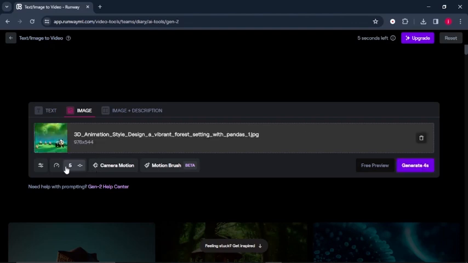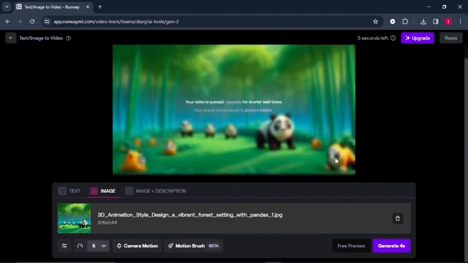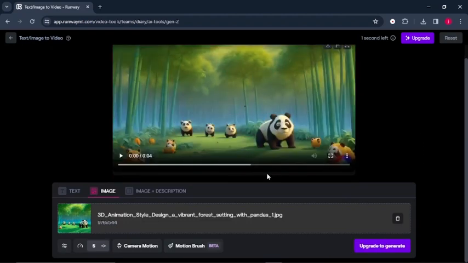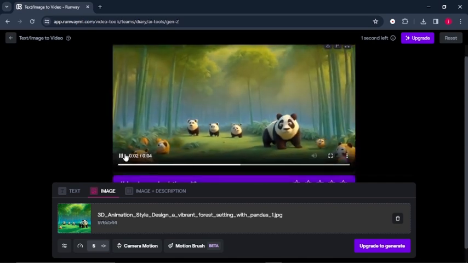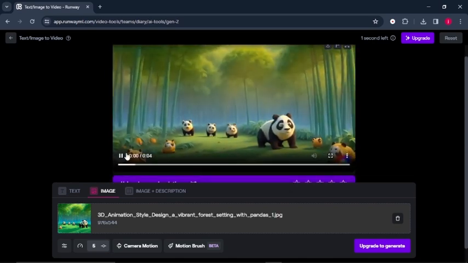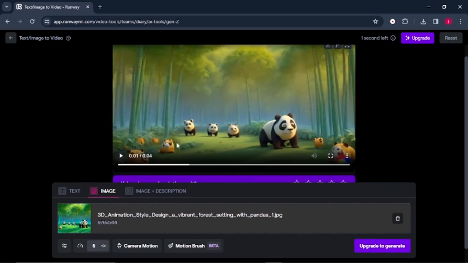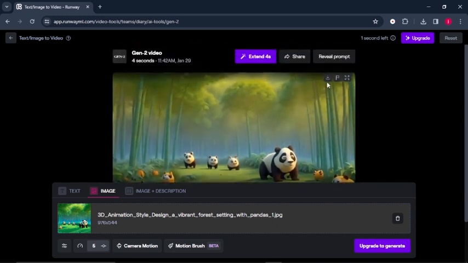Then here there are these boxes that you can play with, like the camera motion and the motion brush. So once you're done playing with these settings at the bottom, you can come to where it says generate, and it only generates up to 4 seconds. So click generate. Okay, you can play the video to see the way it looks. Okay, so this is very amazing. All you have to do is come to the download bar here on top and click on it, and your video will be downloaded to your PC.